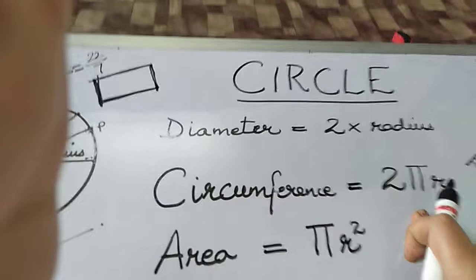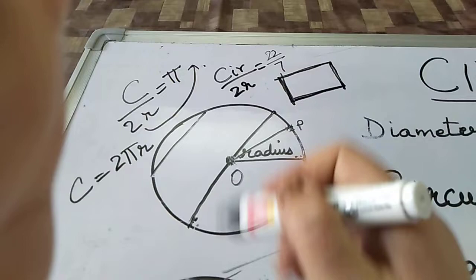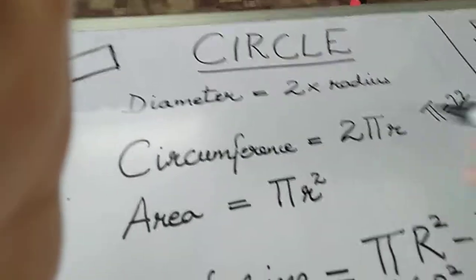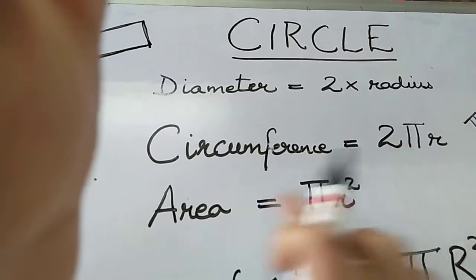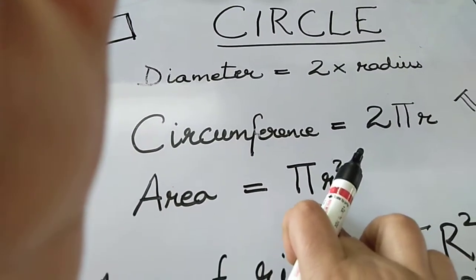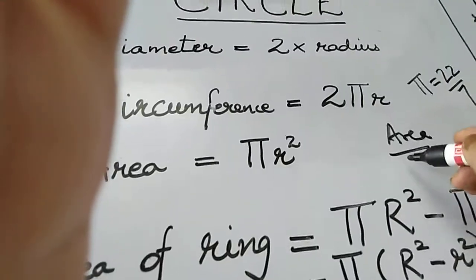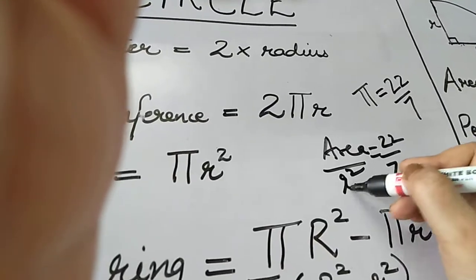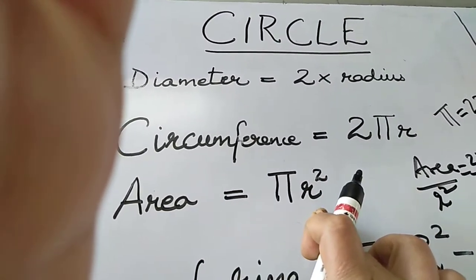Same thing he did with the area. He tried to find the area by using square paper. How can you find the area of anything? By using graph paper. He added the number of squares, big squares, small squares, and then he divided by the square of the radius. He found again it was coming as pi, 22 by 7. Area divided by r square was always giving 22 by 7. So he got this formula that the area of a circle is equal to pi r square.